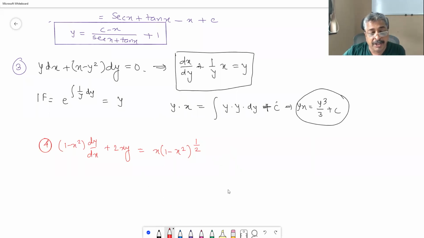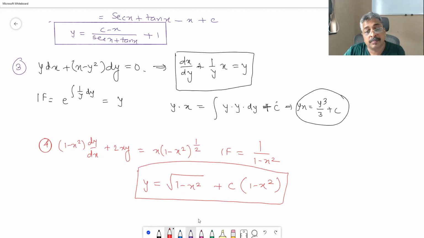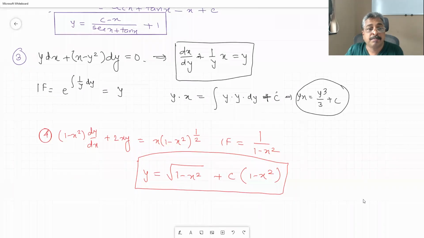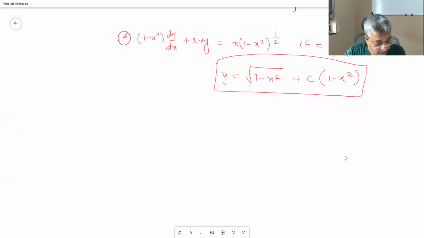Okay, I will write down: integrating factor comes out to be 1 upon 1 minus x square, and the answer comes out to be y equal to radical 1 minus x square plus c times 1 minus x square. Okay. Then next problem. Next problem is